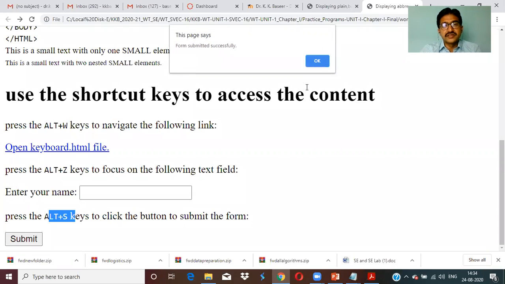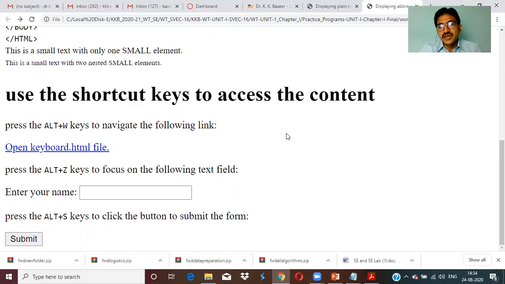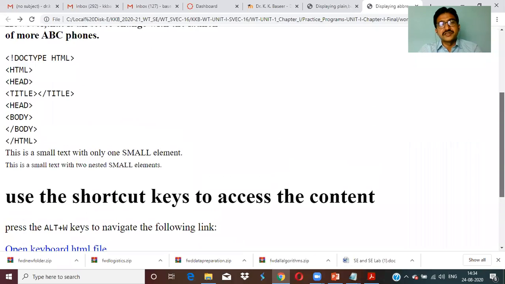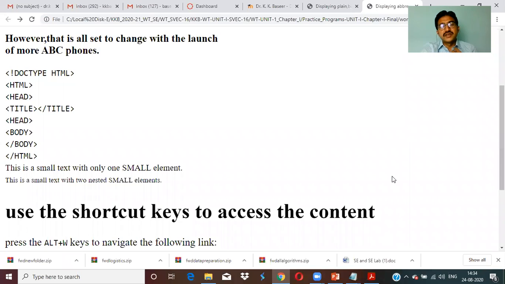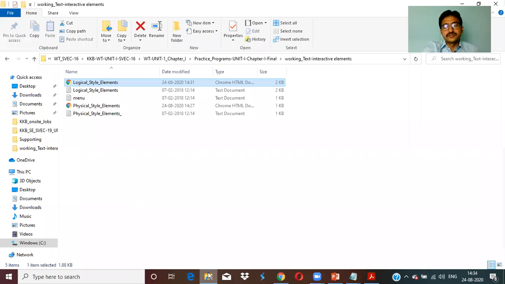Just press Alt S, form submitted successfully. Okay, clear? So like this, you can write the program in any fashion. So all the logical elements we have covered over here. Is that clear? Now like this, we can do a lot of programs.